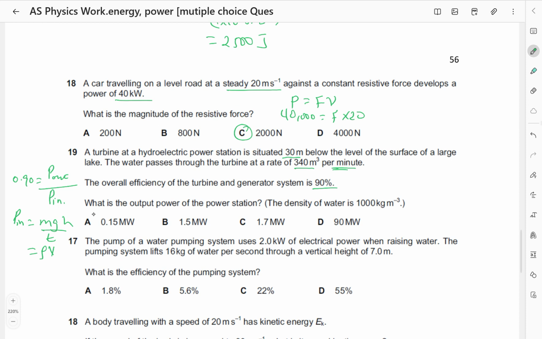They gave us per minute. So this is going to be volume times G times H. Then I'll divide this by T. Okay, since I have volume per minute, I will change it to volume per second. So I'm now just simply going to substitute here. So I will have that as